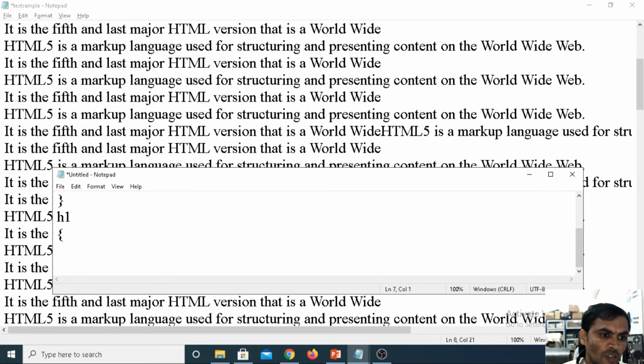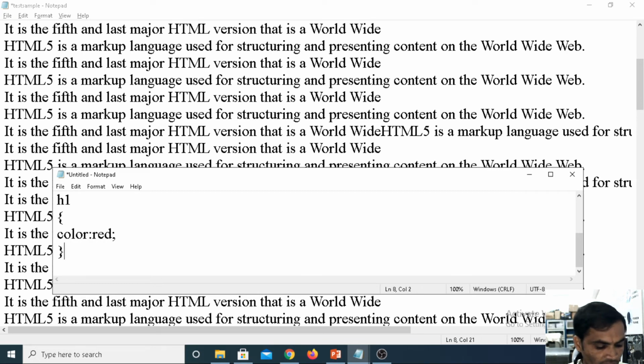This we can also call a group selector. When you are declaring multiple predefined elements under the selector, we took the body tag and one more, the h1 tag. When you define two different predefined tags, it comes under the group selector. For the h1 heading I am giving yellow. Now for your understanding, I am giving red.